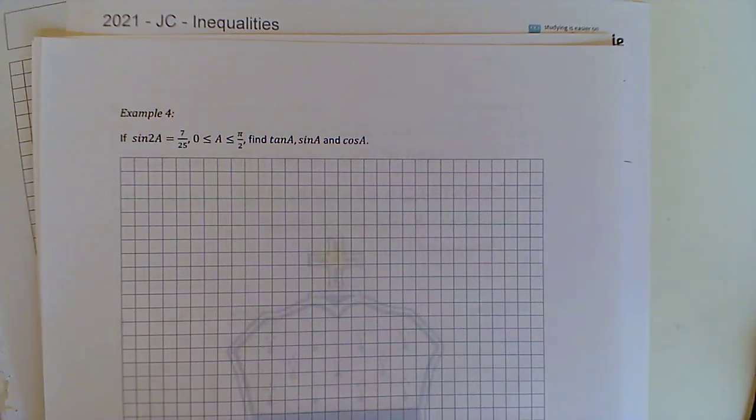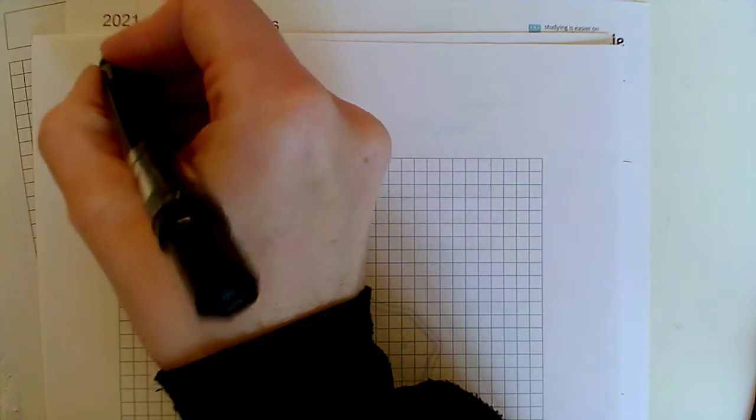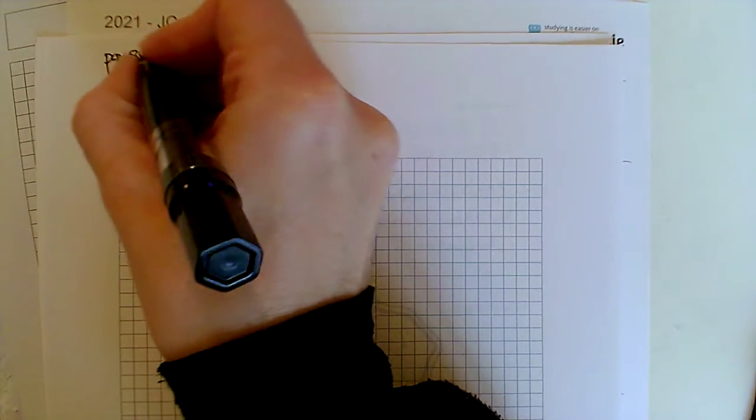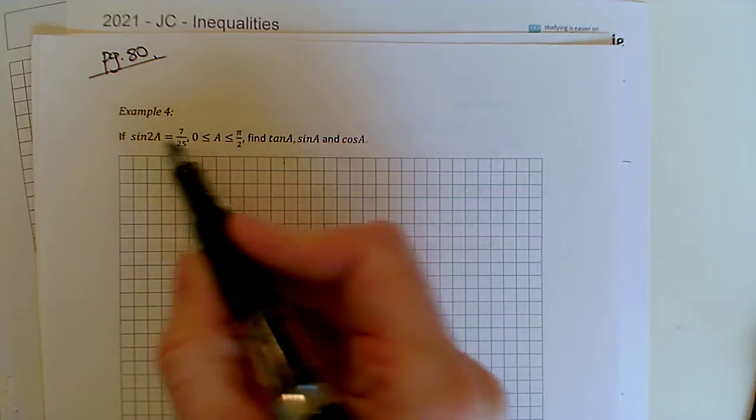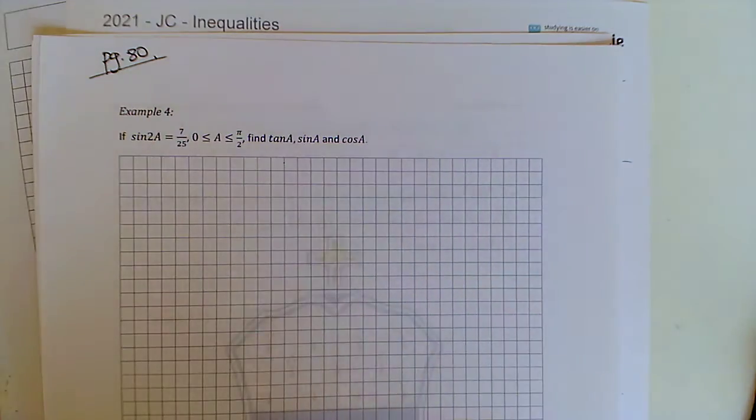Now, let's add on to our trigonometry notes, and we're going to look on page 80 of the trig notes today to fill in this example. And they want us to find tan A, sine A, and cos A if we know sine of the double angle. So the first thing you're going to want to do is go and look in your log tables